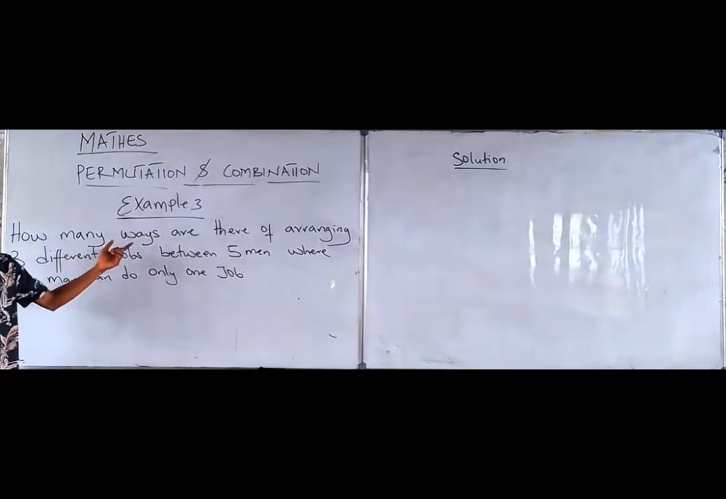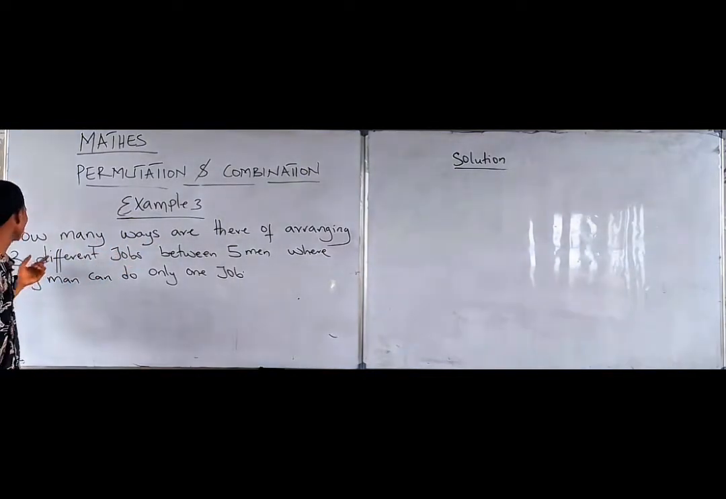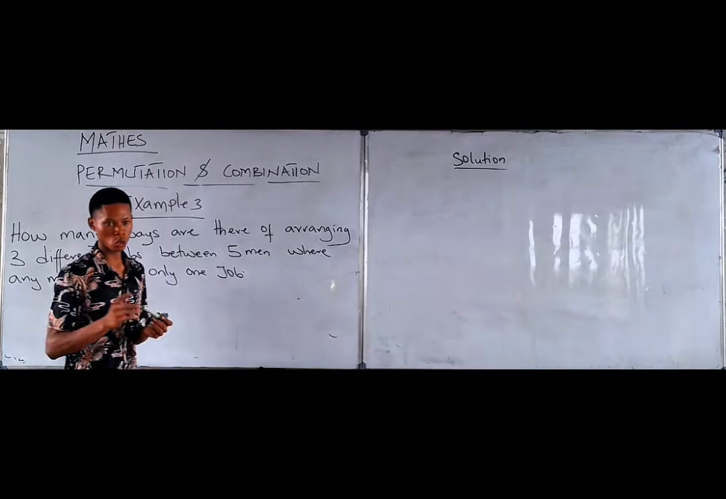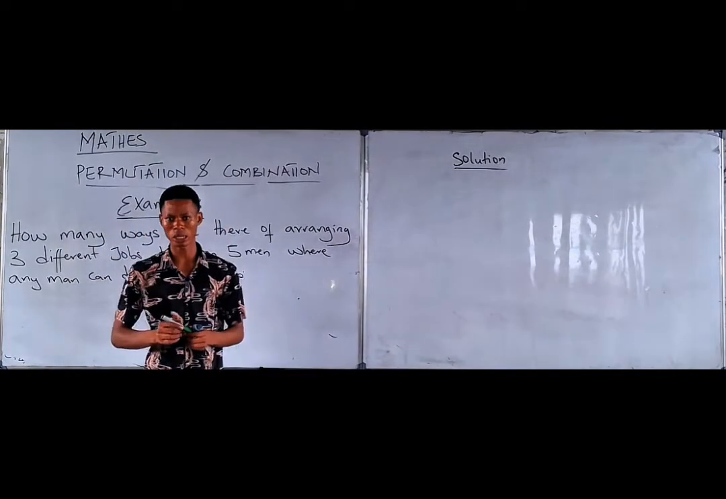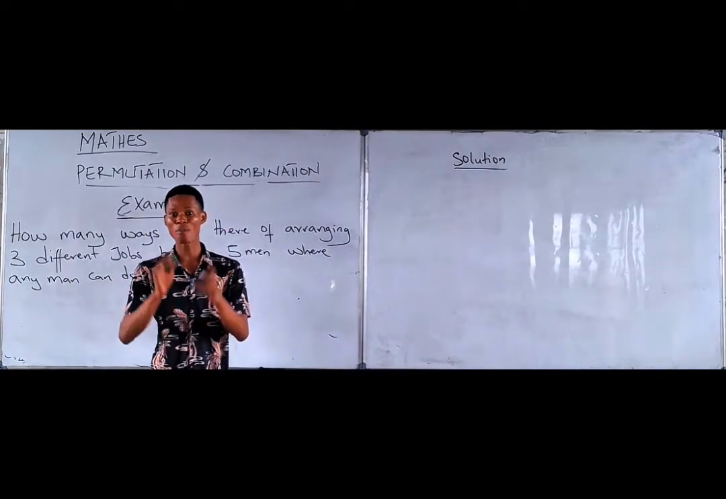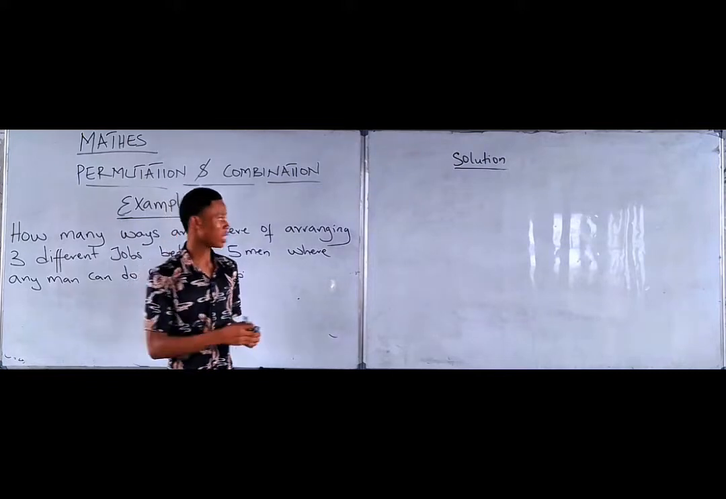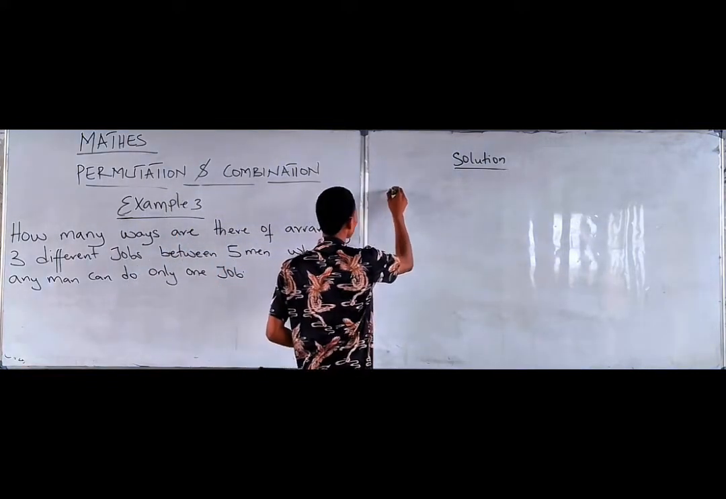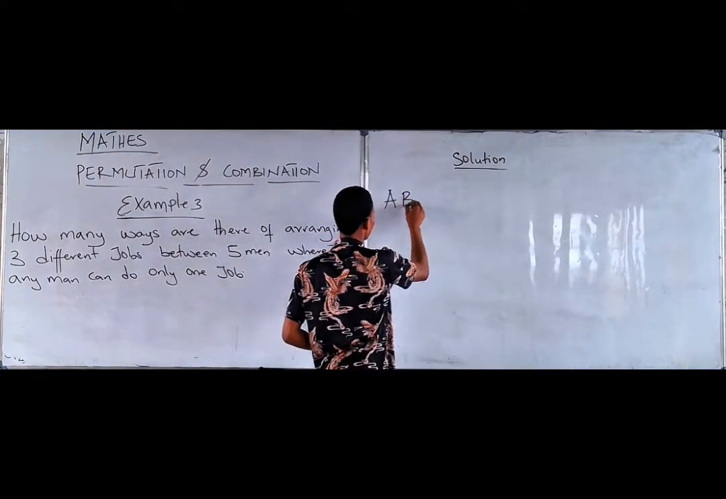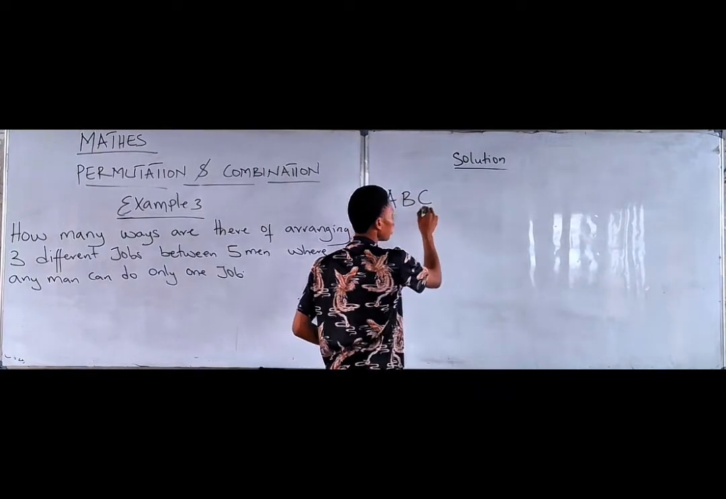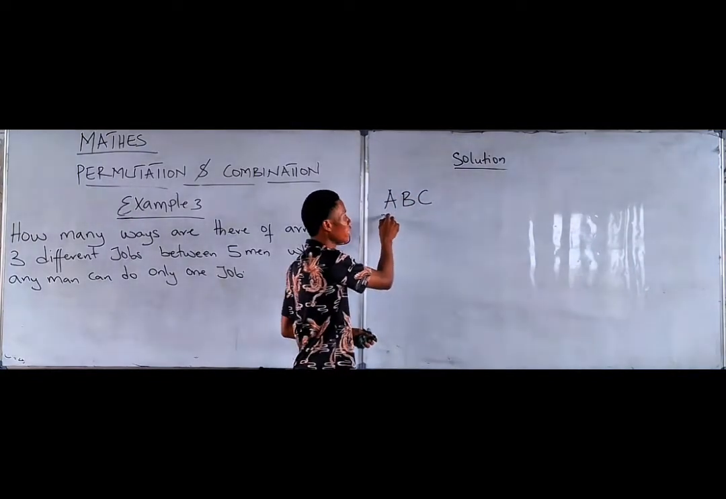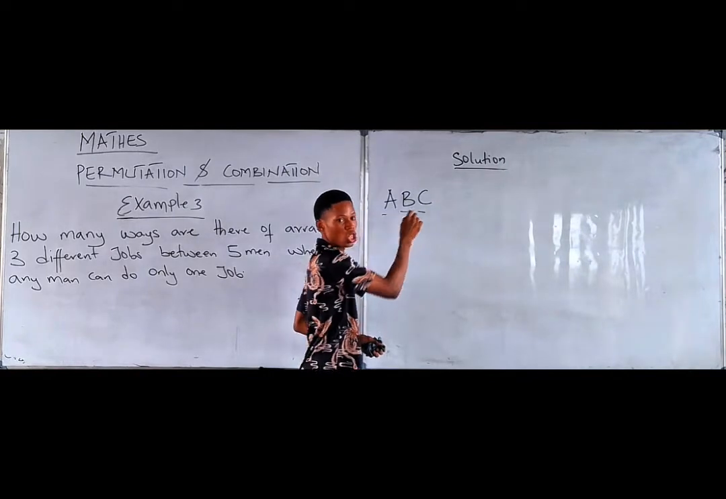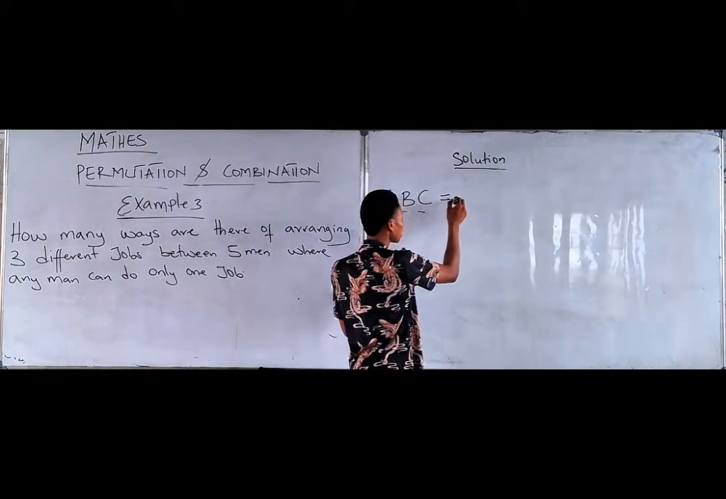Example 3. How many ways are there of arranging 3 different jobs between 5 men where any man can do only 1 job? Now let's look at it this way. How many jobs do we have in total? 3, right? How many men are there? 5, right? Now, the first question you ask yourself, if we have something like this, A, B, C, this is man A, man B, and man C. If you arrange it like this, it means